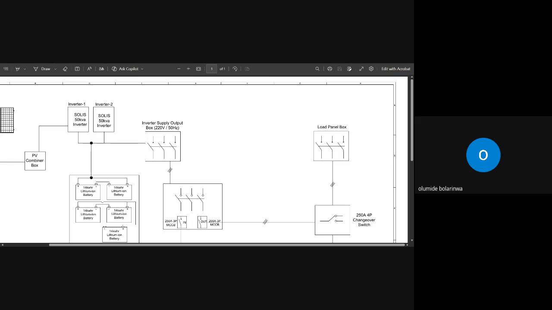Mr. Jamiu, I've sent you this month's taking off list. It's big, but I break it down, and all other accessories too, I break them down. So compare that taking off list with the drawing and with the write-up I sent to you.